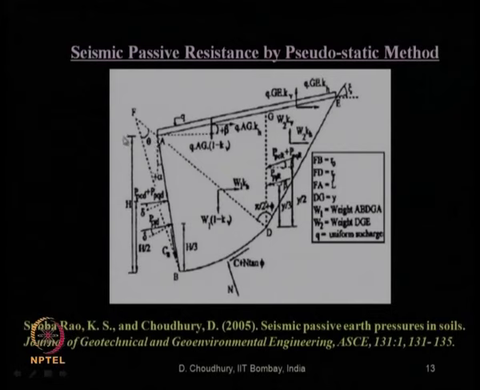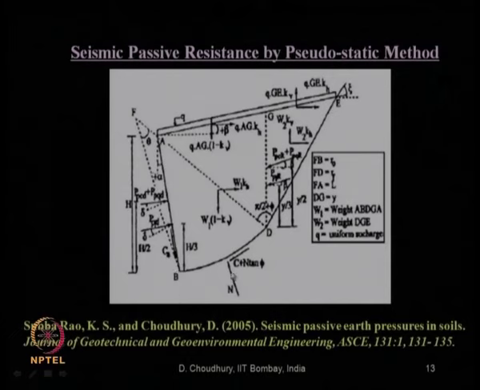The face is AB of height h for the passive earth pressure condition, considering a uniform surcharge small q on the ground. This is a c-phi soil. So, there are three components of passive earth pressure. One is with respect to gamma, that is the unit weight component, which acts at 1/3 from the base. Then the cohesion component PPCD, which acts at mid height of the wall, and PPQD is the surcharge component of passive earth pressure, which also acts at the mid height of the wall. Then summing them up, we will get the total seismic passive resistance.